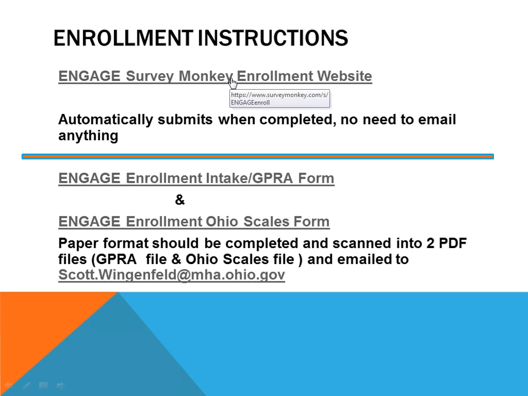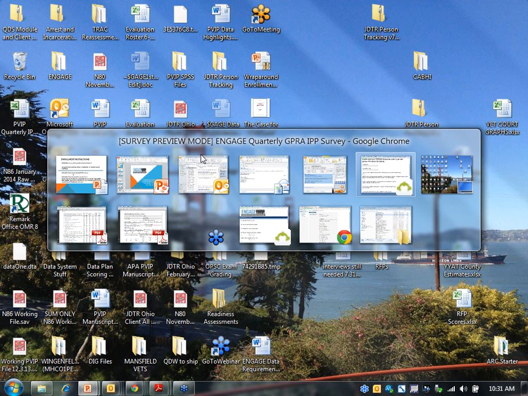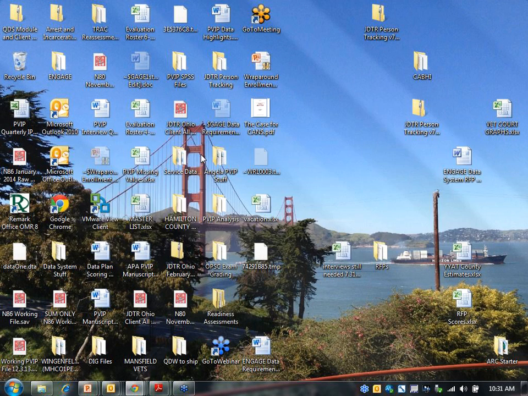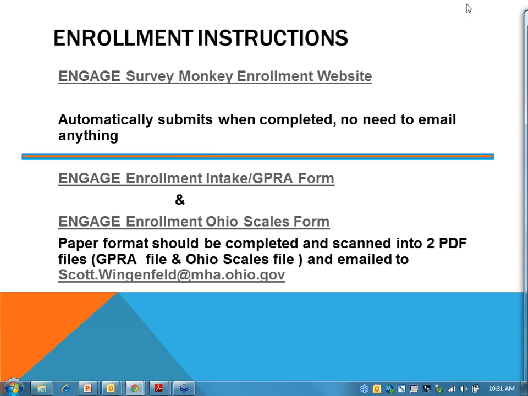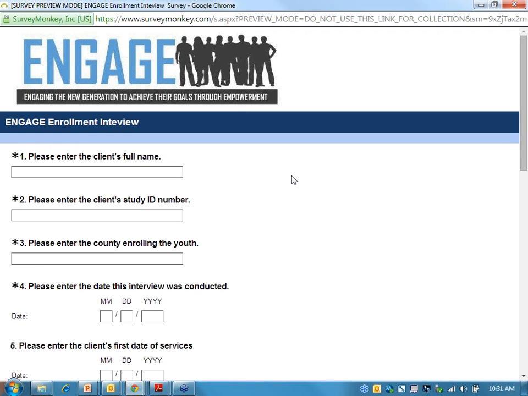I'll go ahead and give you a little demo of what the enrollment form looks like. The SurveyMonkey enrollment looks like this. I'm sure a lot of you have used SurveyMonkey before. This is all HIPAA compliant, and it's really easy for us to use. So you'll just enter the client ID,